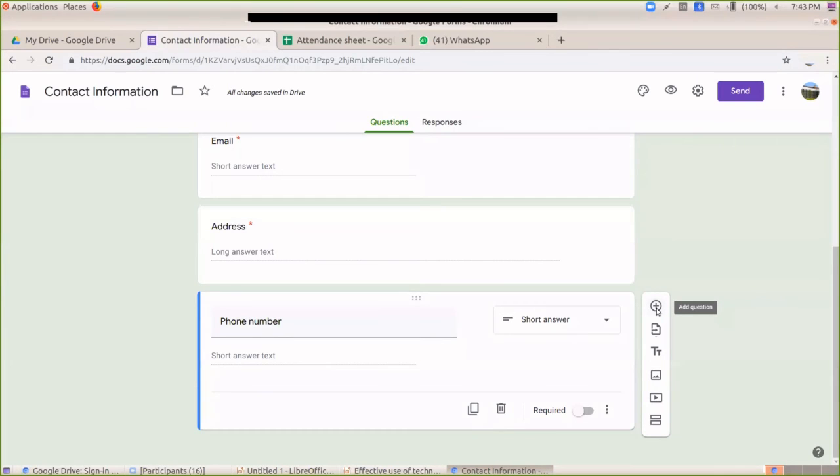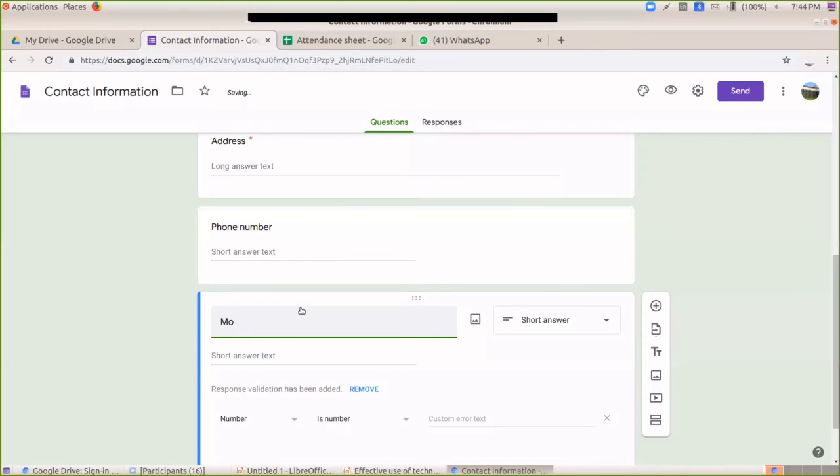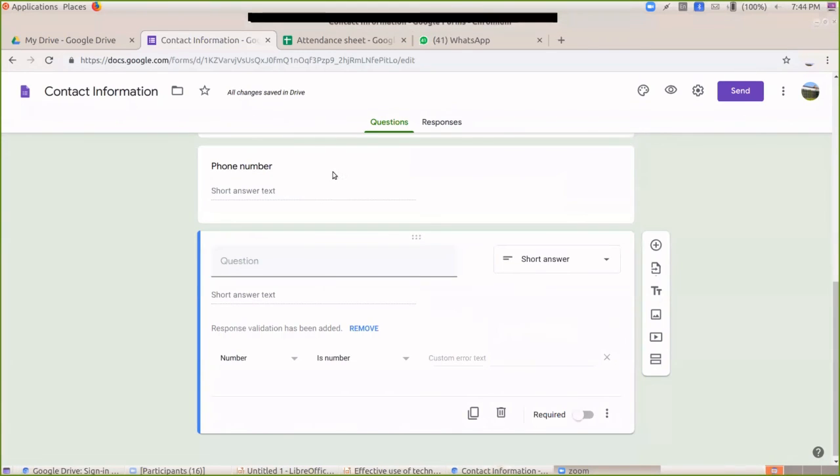So when I click on add question, here, a box will be there. So I'm entering something like email, mobile number, something like that. Email is already there, I think. So let's see. You can see batch or something like that. Date of birth, it's not there. Class.